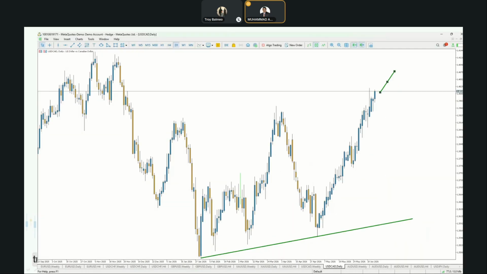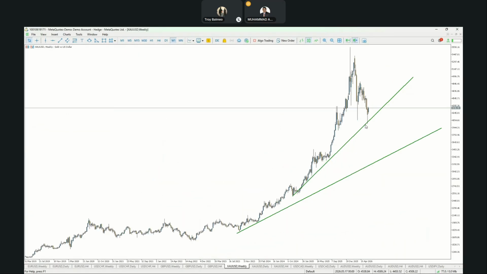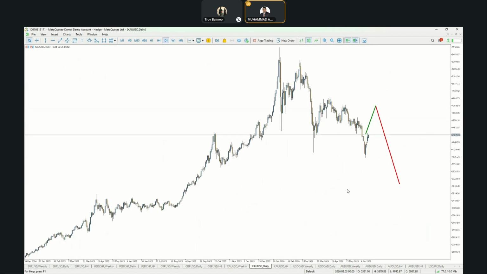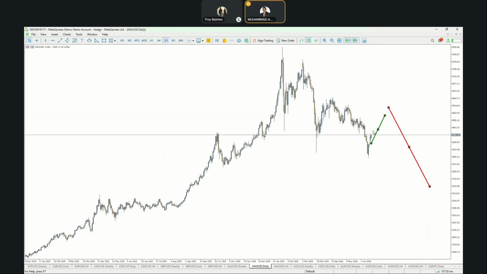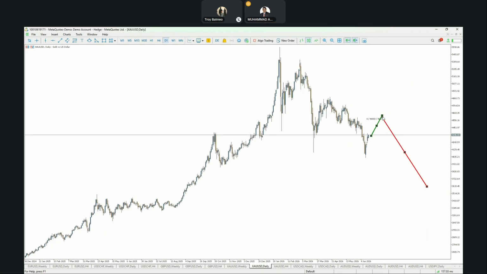Next one is the spot gold. Spot gold actually tested this trend line over here and then kind of bounced back up. And the way I see, this is what I've told you guys last week, that the US dollar versus gold chart is probably going to rise up more and then expect further weakness in price action. So spot gold expect kind of a short-term bullish bias. It might not go up all the way up over here. So expect a short-term bullish leg and then further weakness in price action.